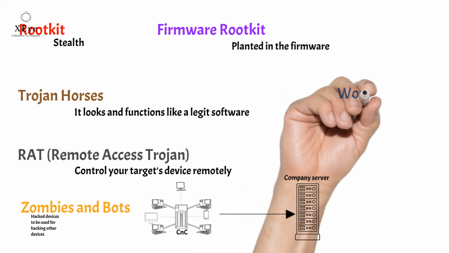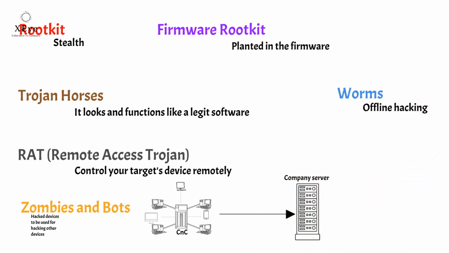Worms are designed to do attacks offline. For example, if you want to access a server inside of a company that is not connected to the internet, you can use a worm. For example, put that worm in your flash memory and then you place it in one of the devices inside of the company, and then that worm copies itself to that device. Someone else puts a flash memory in that device, then the worm copies itself to that flash memory, and then keeps moving from one flash memory to one device, and so on till it gets access to that server, gathers all